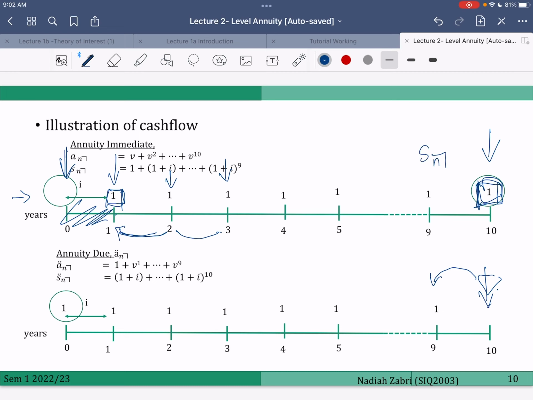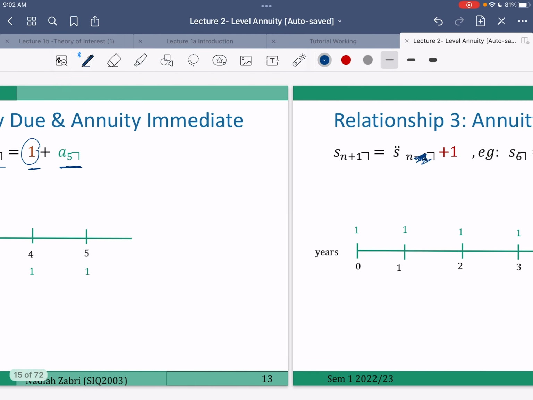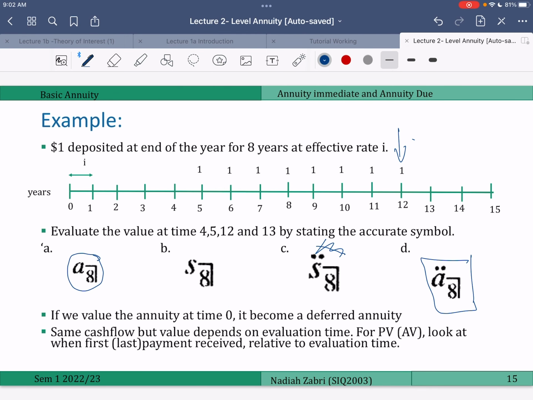But if there is no payment, the last payment comes 1 year before, then we will use S double dot angle n. I hope you understand that. But so for this case, this 8 payment, if we evaluate it at time 12, it will be S angle 8. There's no double dot. If we evaluate it at time 13, the last payment comes 1 year before, then it becomes S double dot angle 8. Okay, now